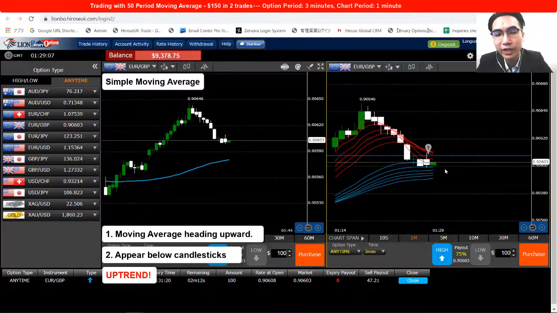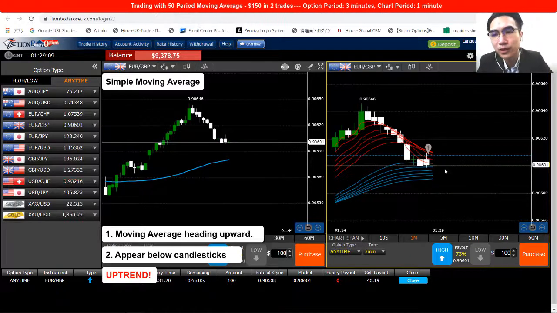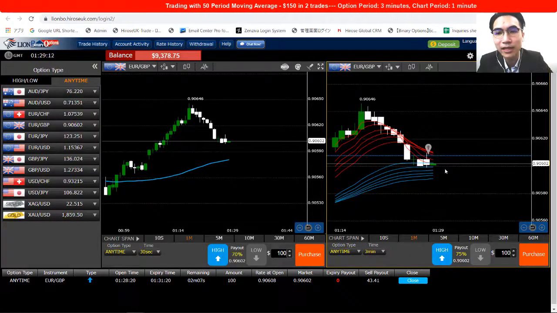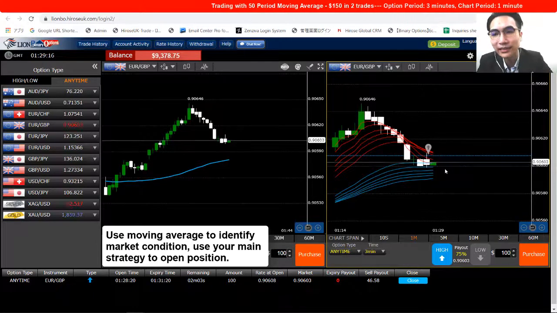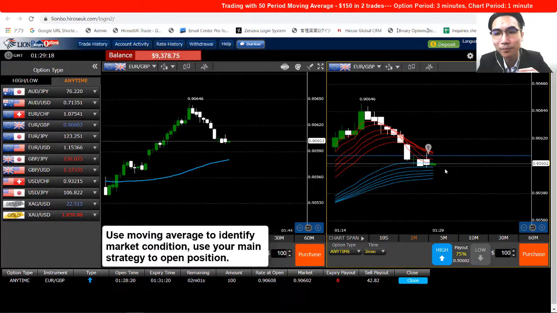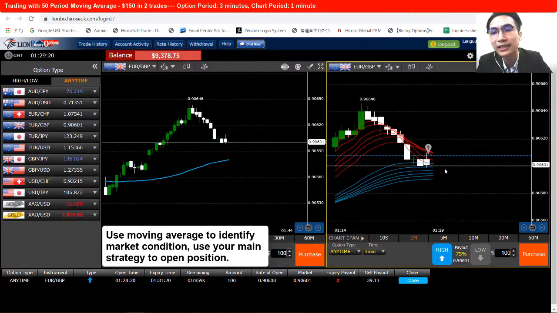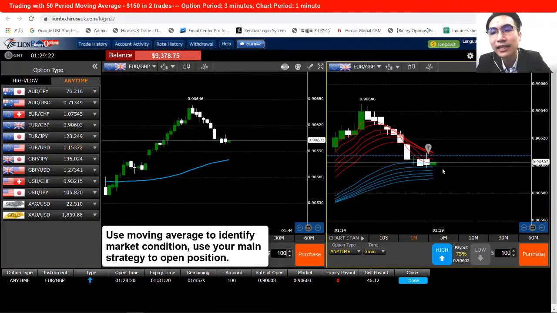After I confirm that, I move on to the GMMA, and I see the red lines are above the blue lines, and the red lines were compressing and the blue lines were expanding and heading upward, and then I decided to open a high option there. So yep,